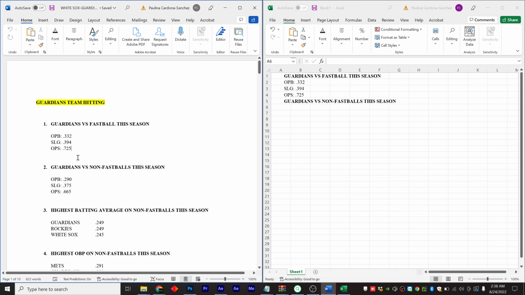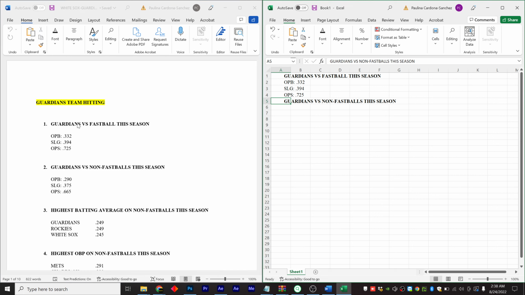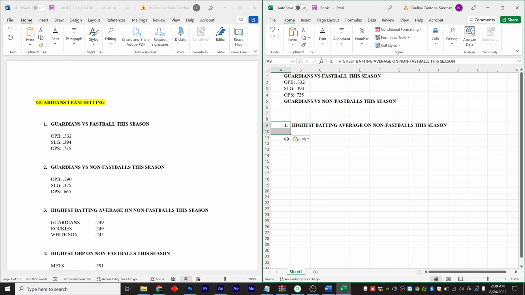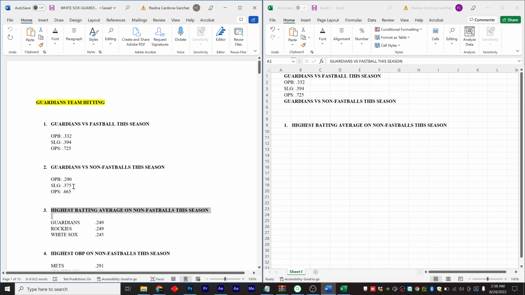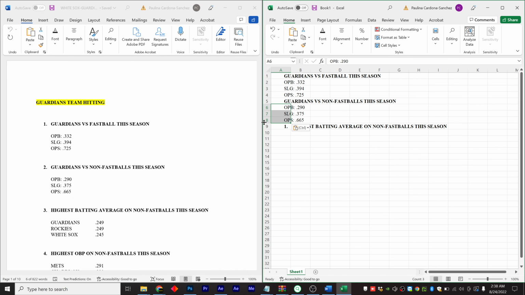What you can do if you want is copy all the titles first, or copy all the stats first. It doesn't matter. For me, it's easier to copy one and then pick, because there's always going to be 3 stats, so just 3 spaces, and you can just start copying along. And then for copying these stats, same thing. Boom,